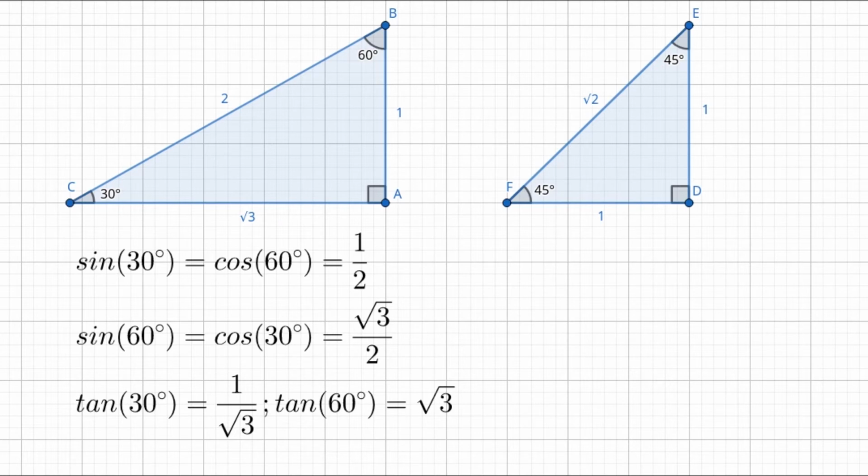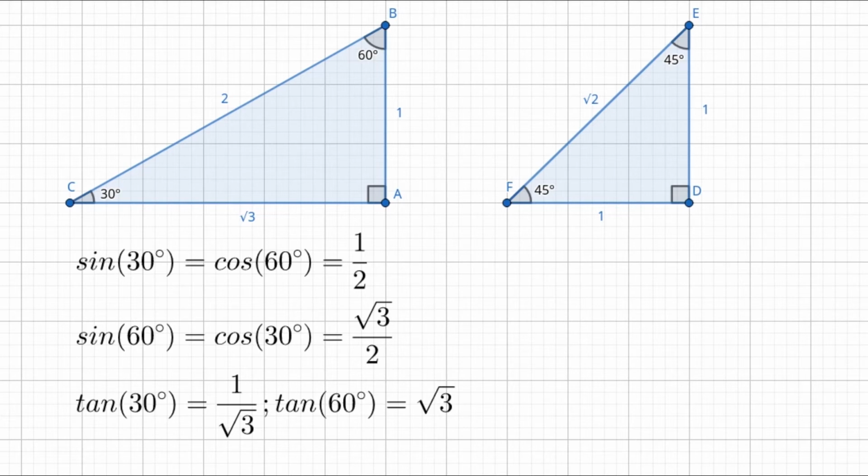This one's a bit more simple. It's an isosceles right triangle. So based on the fact that it's isosceles, we know that the two legs will be equal, and to simplify things, let's say they have length 1. We also know that the two interior angles will be equal, and therefore they must both be 45 degrees, since the angles in the triangle have to sum to 180.